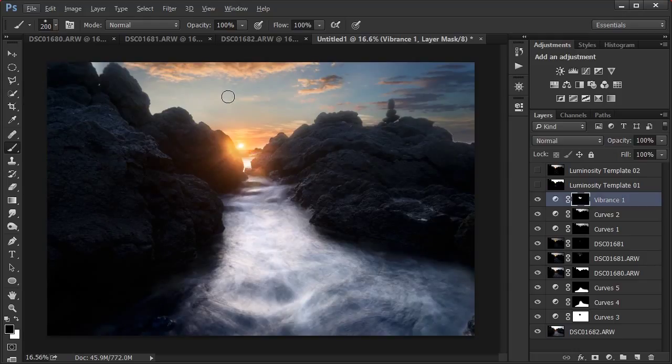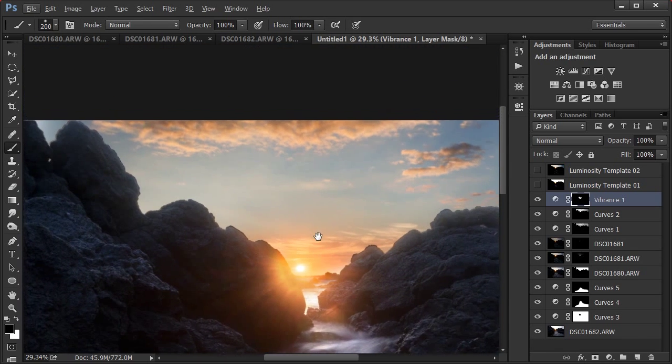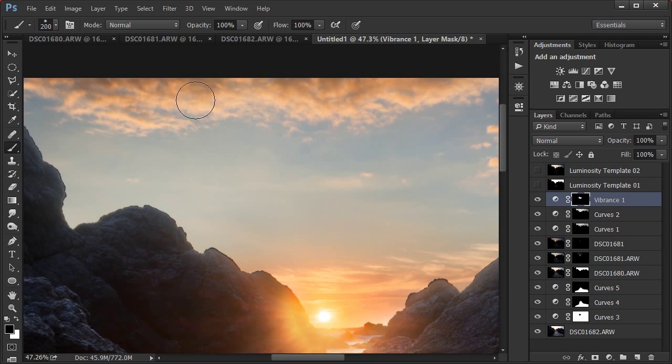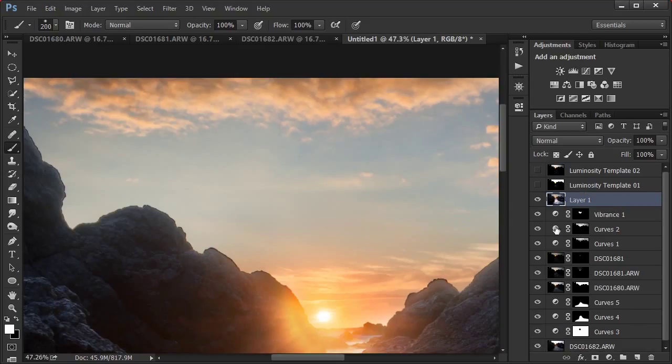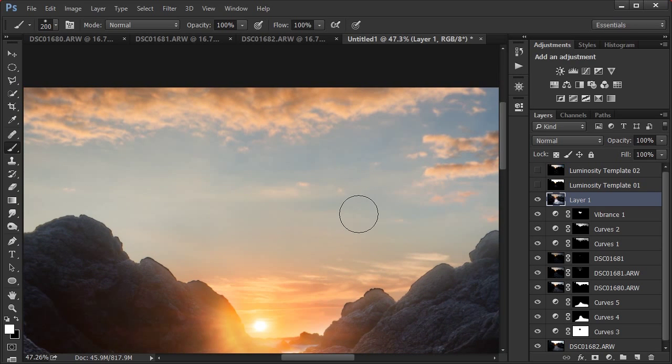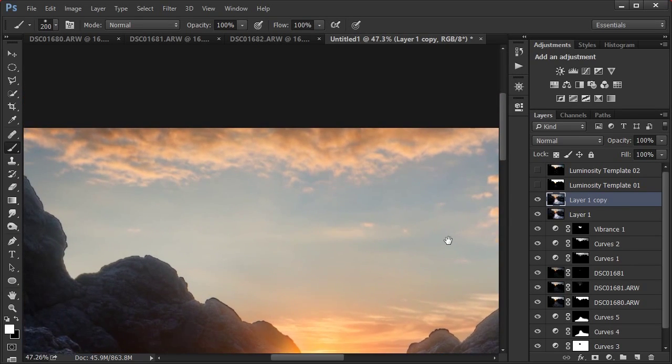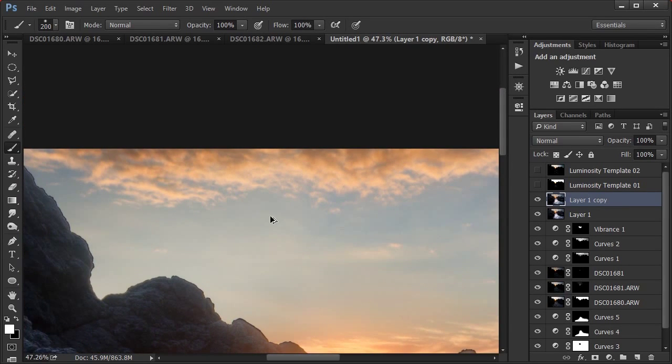Next thing I'm going to do is sharpen the clouds. So I want to increase the contrast a little bit within the clouds, and also make them a little bit sharper. So I'm going to do that. I'm going to press Control Shift Alt and E to make a copy of all the visible layers. I'm also going to press Control J to duplicate it, and then I'm going to use the unsharp mask,